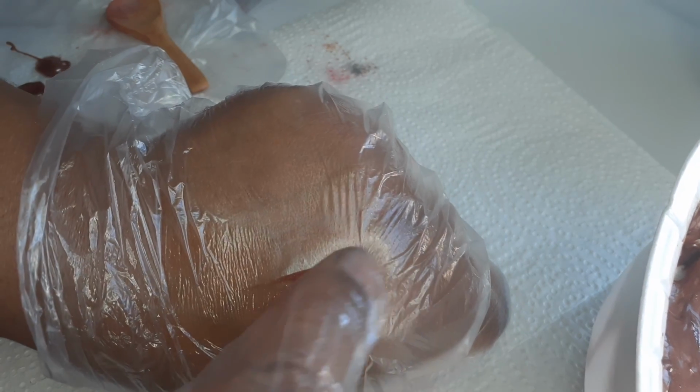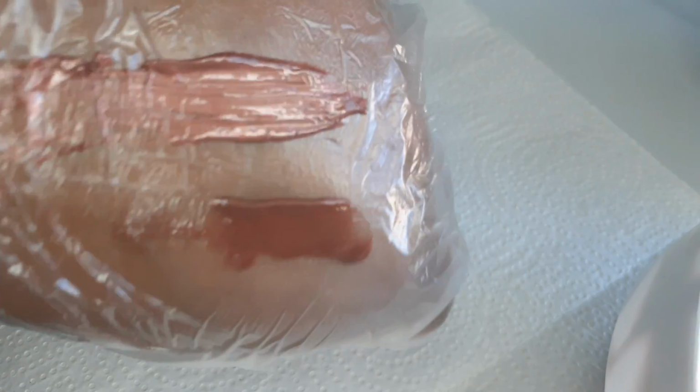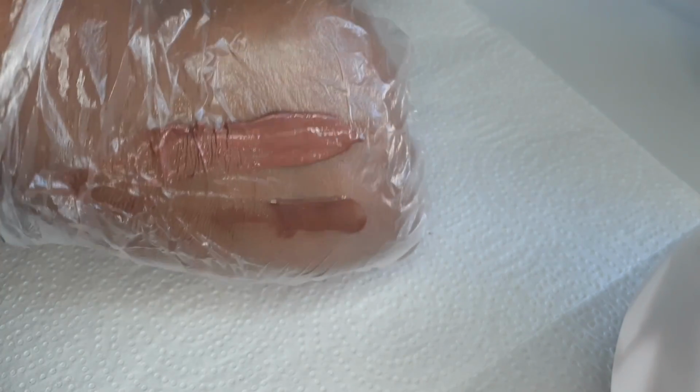Once I think I've gotten the color that I want, I just want to compare it to the original one that I made to see if I like the differences, the thickness, the colors. And you can see the original one was darker than the second one, and I like the second one more. I like that chocolate look,